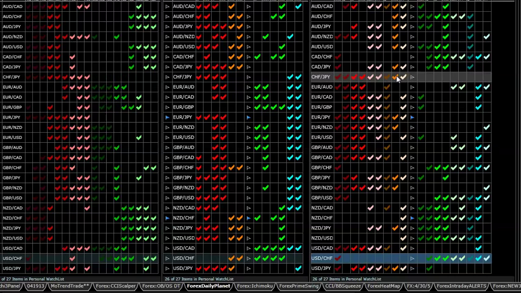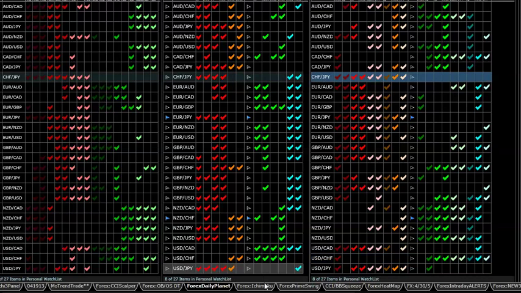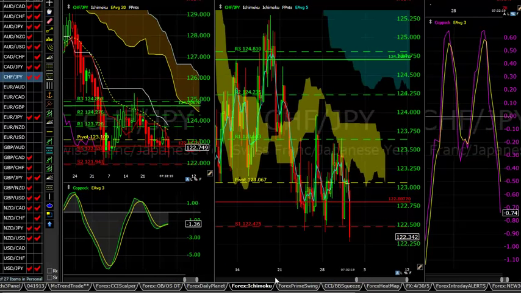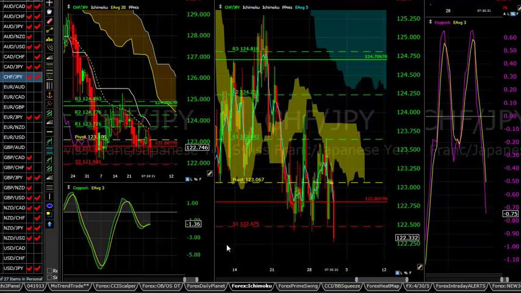So we're going to take a look at that one, and then we're going to also take a look at the opposite as a long position using the US dollar versus the Swiss franc. So let's start out by jumping over to the Swiss franc versus the yen, and we'll go to our daily 4-hour charts. So looking at the Swiss franc versus the Japanese yen,